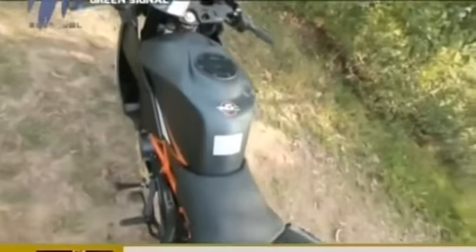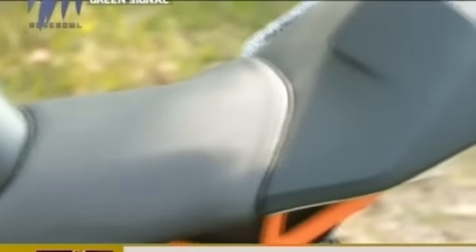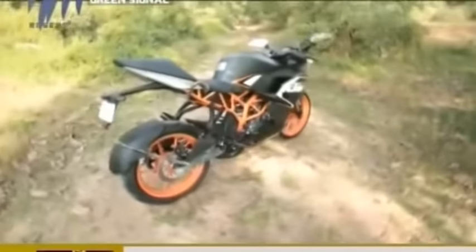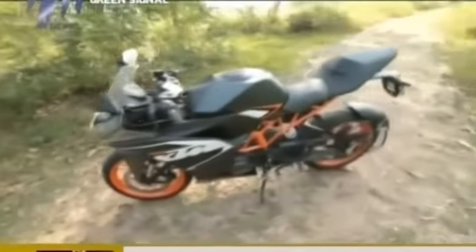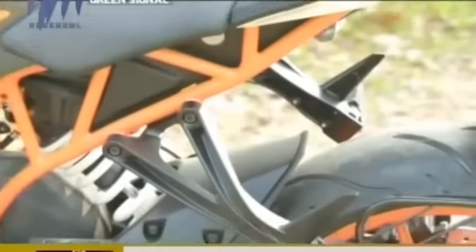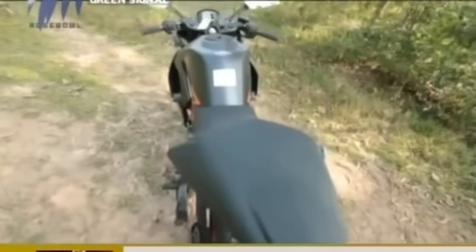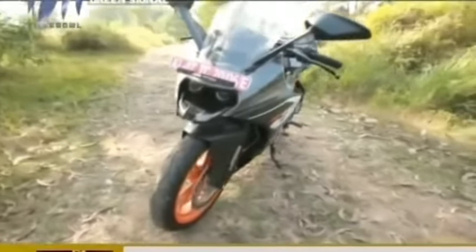KTM RC200 has brand new stylish and new twin headlights, clip-on handlebars and switches, new steel fuel tank, comfortable 2-part seat for perfect rider and pillion support with a high seat height of 820mm for a big bike feeling, advanced design windshield, new forged and eye-catching aluminum triple clamps, integrated pillion seat with the bodywork lines for extra comfort,